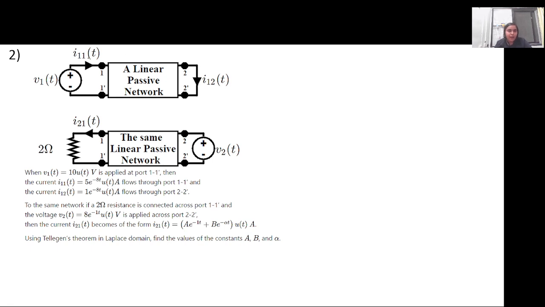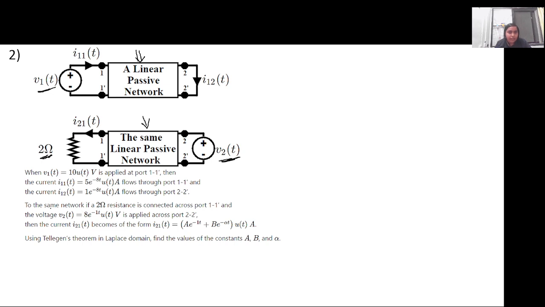So in this case, first the network is given in which a voltage source is connected and a current I11 is flowing into the circuit. This is like a combination of whatever the network may be, which is given as a linear passive network, and the output terminal is short circuited and a current I12 is flowing. Now keeping the rest of the circuit same, what they have done is they have connected a voltage source across terminal 2 and a 2 ohm resistance in terminal 1. Now the different voltage and the current are given, where V1 is given as 10 u(t),